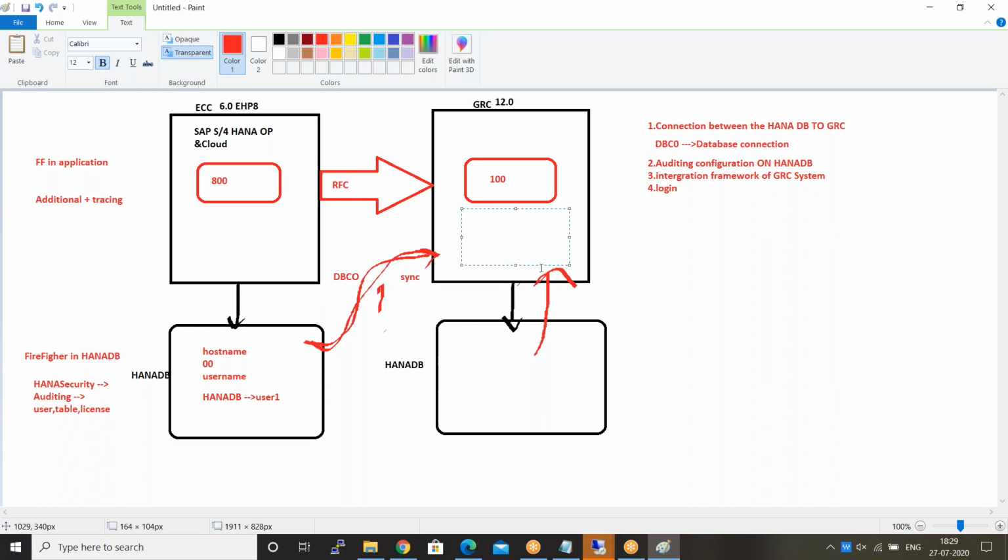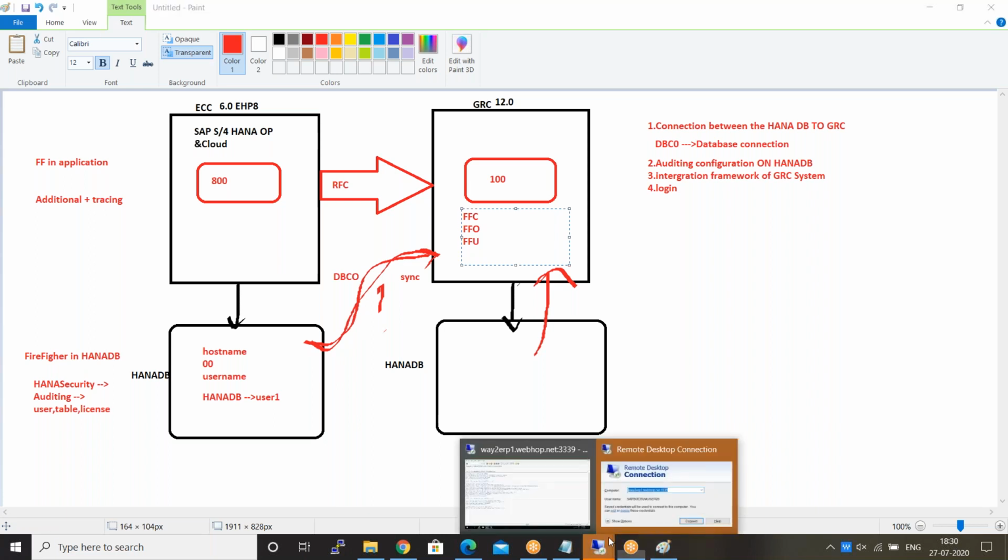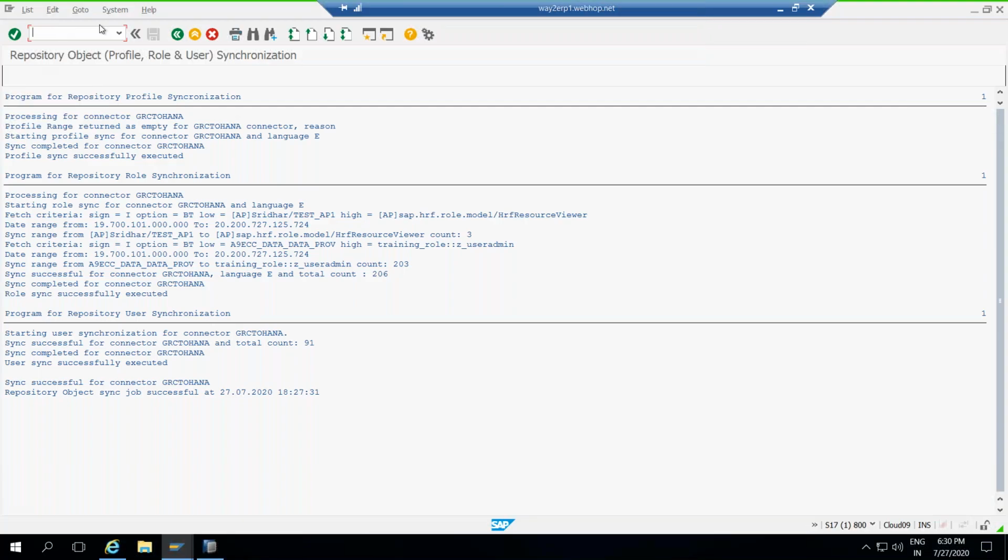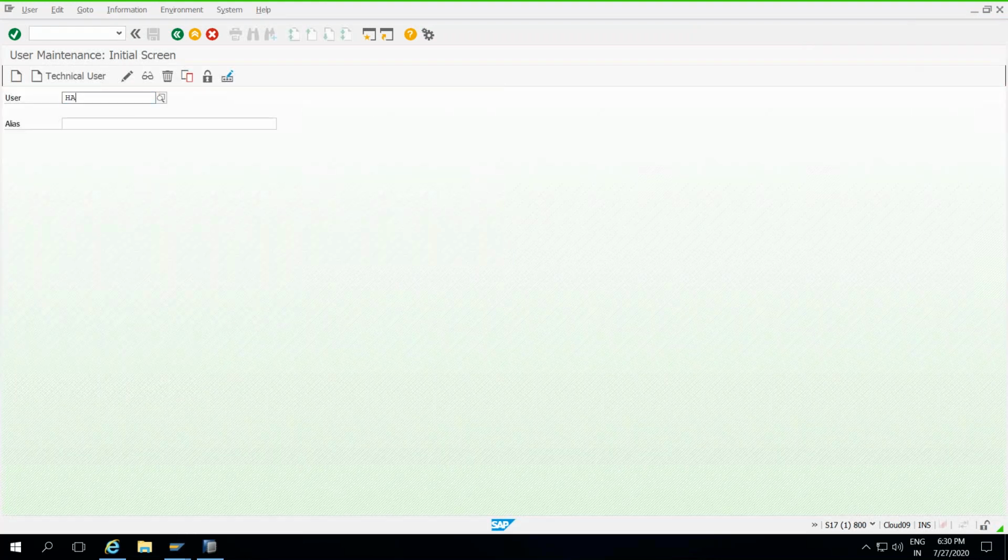Now I want to create a firefighter owner, a firefighter controller, and a firefighter in the GRC system. After that, I want to assign this user into my file. So log on to the GRC system. Go for transaction code SU01 and create one, normally a HANA firefighter controller. The GRC system only can create this.